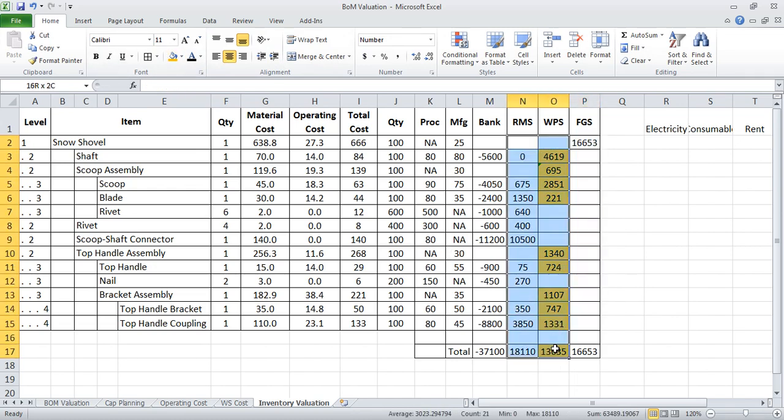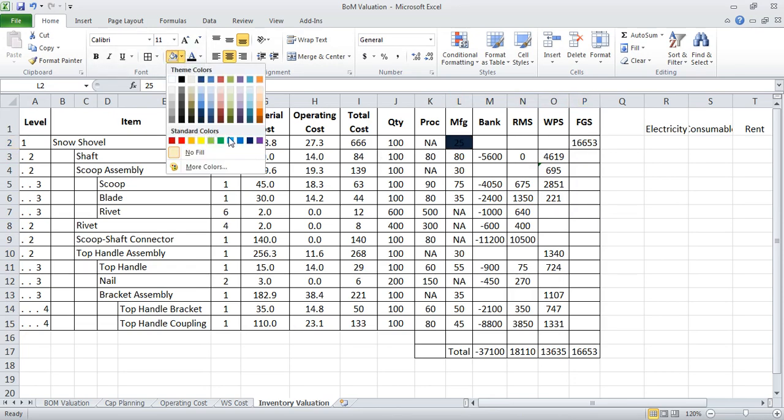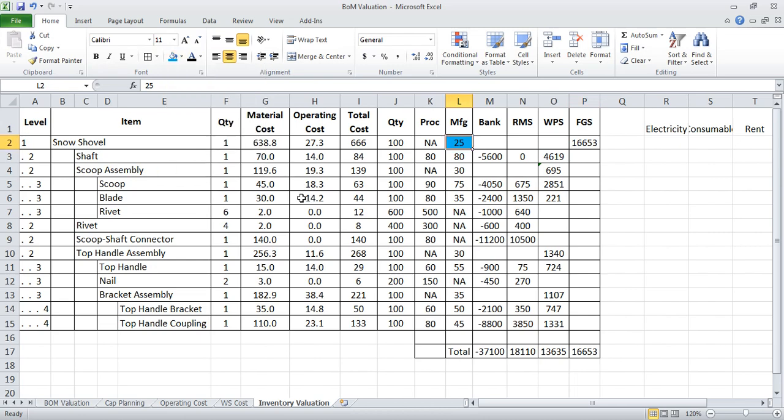Last one is the finished goods store, which is simple. Here, the last 25 numbers of snow shovel assembly were made. Each snow shovel final cost is 666 rupees.